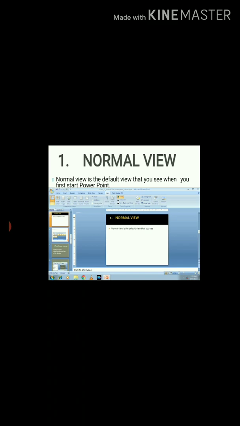This is the picture of normal view, and on the left side of the window a pane contains slide and outline, and in the middle of the window normal view, and you can do editing or creating new slides in the normal view.